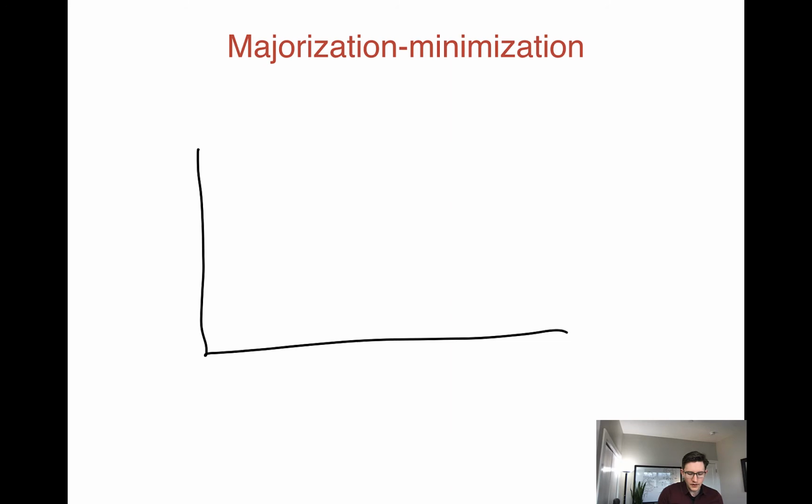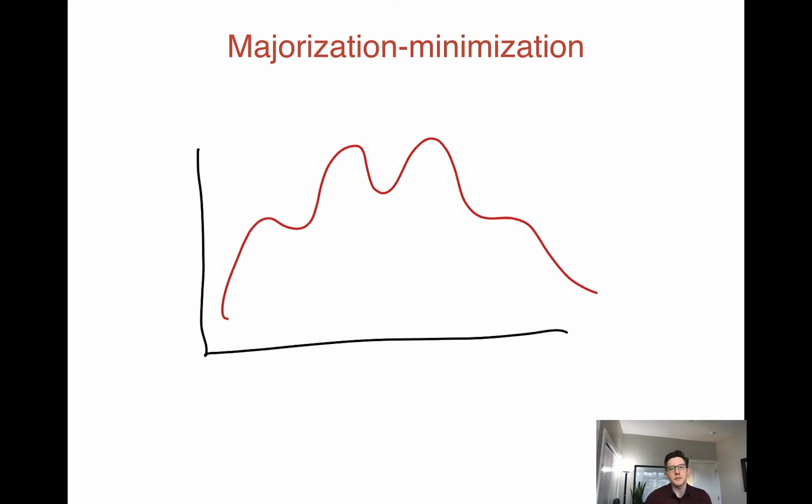So given that we can't take the derivative of that likelihood function on its own, we're going to do something else. And to understand what we're going to do, which is going to be the EM algorithm, let's first imagine we're going to use a technique called majorization-minimization. And that idea is as follows. Let's say we have some function, which in this case is going to be our log likelihood function. This is going to be an iterative algorithm